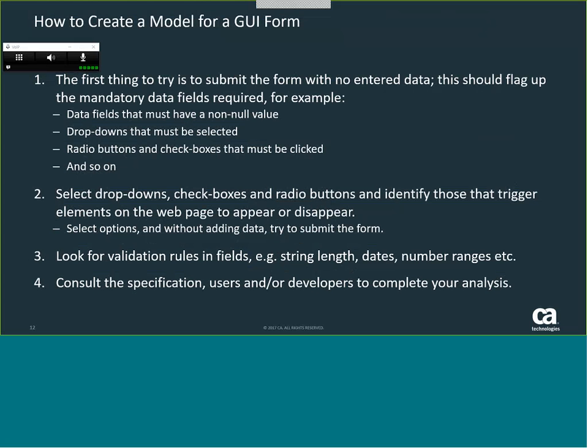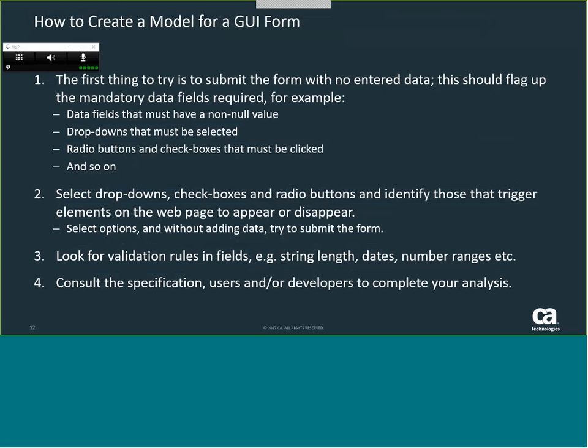like that. My suggestion is the first thing to do is to not enter a single thing into the form, but click the submit button or the OK button and submit the transaction and see what messages you get back. That will tell you which fields where the defaults are not acceptable, or rather, there is no default, you have to enter data. So at that point, you have an understanding that certainly these fields, there's a decision to be